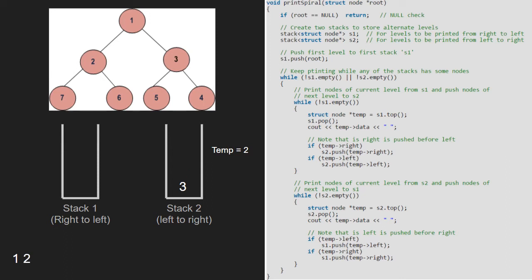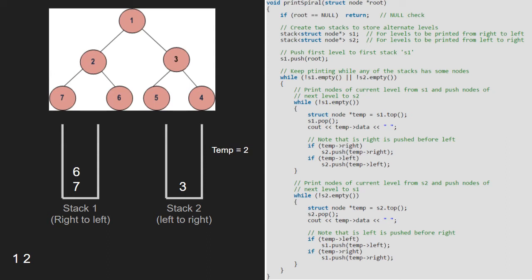Now, we push the left and the right child of temp, which is 2, into stack 1. Note, the left child is pushed before the right. So, the left child of 2, which is 7, is pushed into stack 1. Now, the right child of 2 is pushed, which is 6.